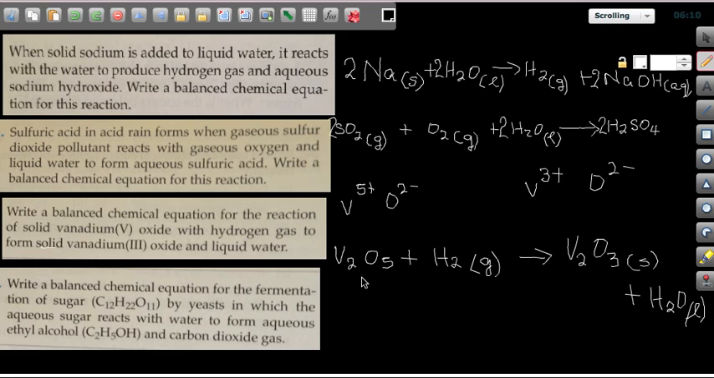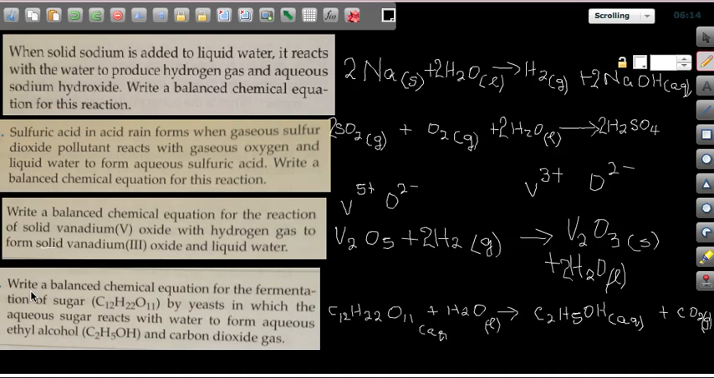So let's see, vanadium, there's 2 here. I have 5 oxygen here and I only have 4 here. How about if I put a 2 right here? Then 3 plus 2 gives me 5 oxygen. That makes my hydrogen 4, and I can fix that by putting a 2 right here, and we have it all balanced. Write a balanced chemical equation for the fermentation of sugar